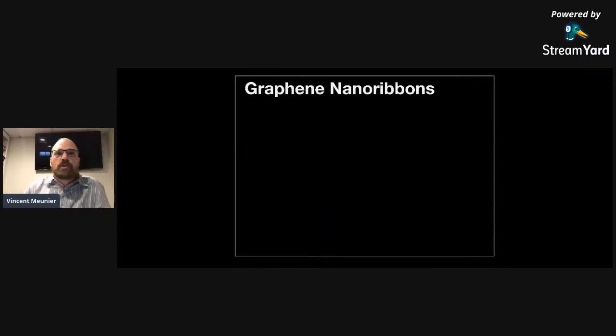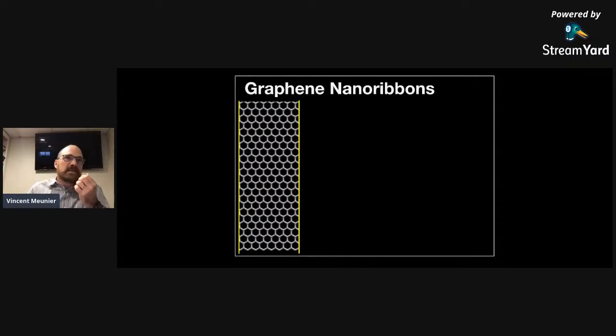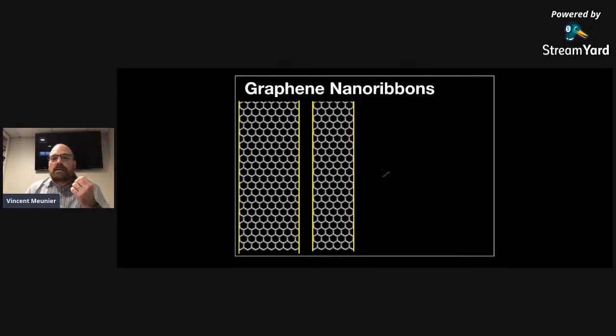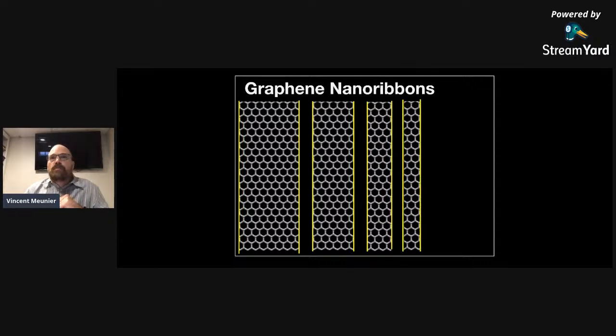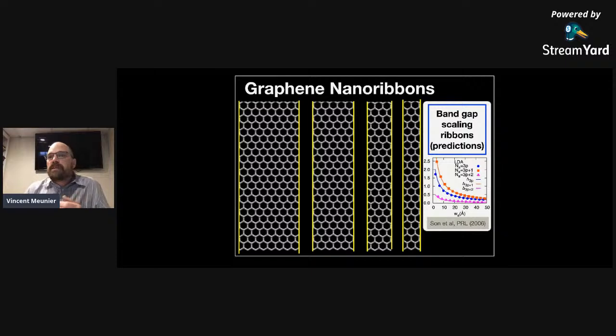So let's talk about graphene nanoribbons, and they can be made in different size and different width. And in fact, experimentally, it'd be great if we were able to do all this, because theory, for example, the theory here from Steven Louie's group predicted that the band gap, so the energy you need to excite an electron, depends on the width, on the number of carbons you have across the width of those systems. And of course, this is nice because this is kind of quantum materials engineering. Just by changing the number of atoms you have in the width, you can basically manipulate the wave function. That's basically what it's doing.